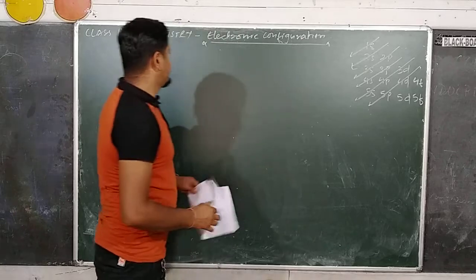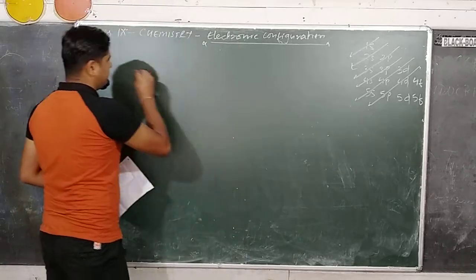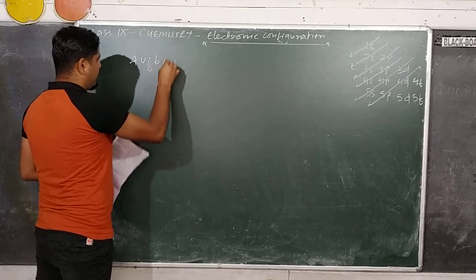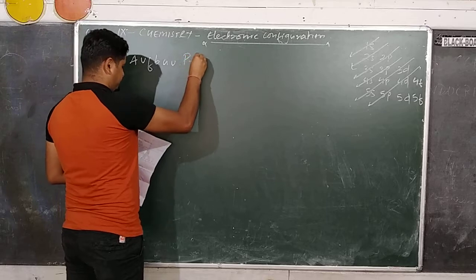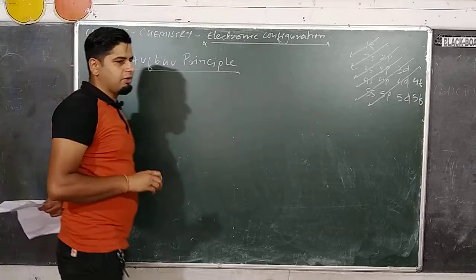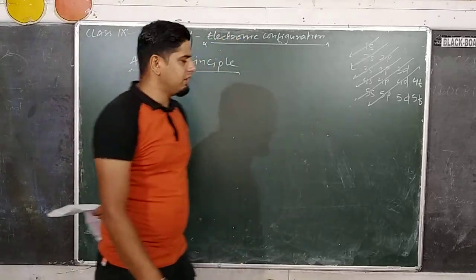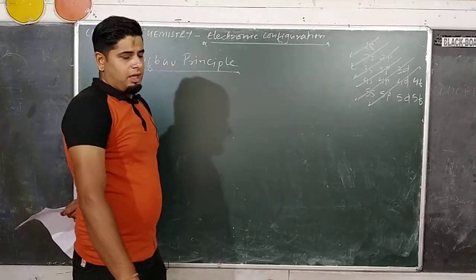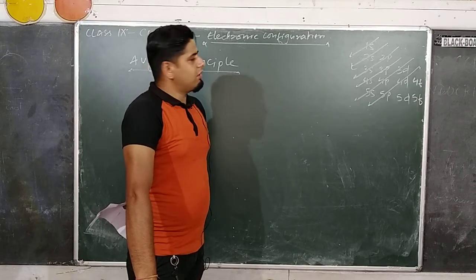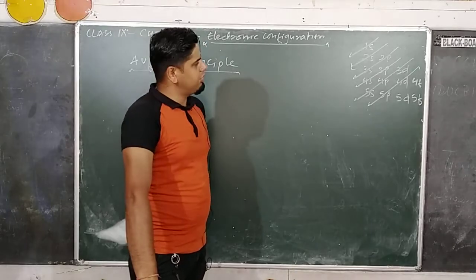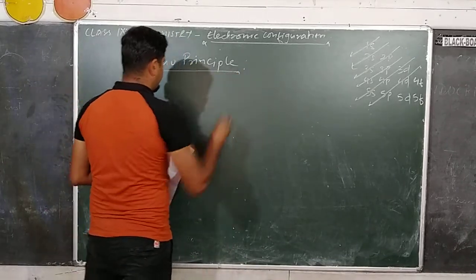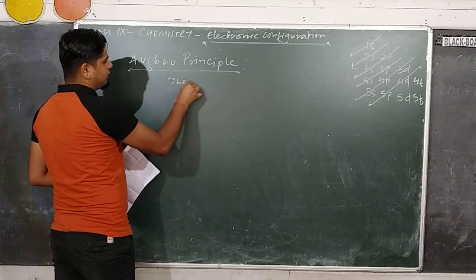So for that, let me write the first principle. That principle is called the Aufbau principle. The first principle which you have to learn is the Aufbau principle. It states that electrons are arranged in an increasing order of the energy of different orbitals. Let me write the principle. It states that the